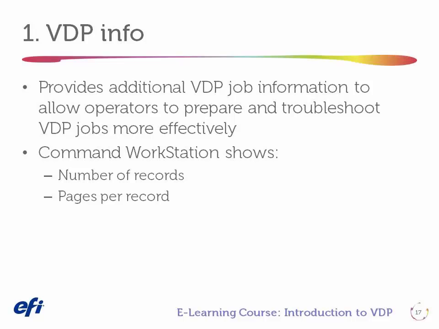For our first VDP feature on the Fiery, we will start with VDP Info. VDP Info adds VDP-specific information to the job properties columns in Command Workstation, thereby allowing an operator to identify VDP jobs faster. If enabled, we'll show two additional columns. First one is number of records, which displays the number of records contained in a VDP job. And the second one is pages per record, which displays record length information. Variable record length, that means different records have a different number of pages, are displayed as a range from smallest